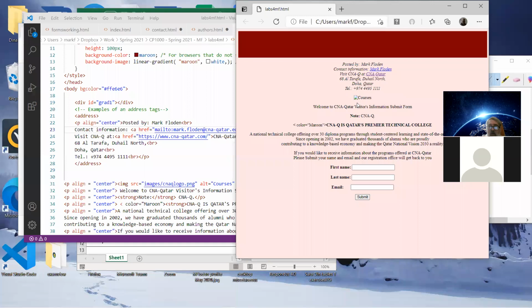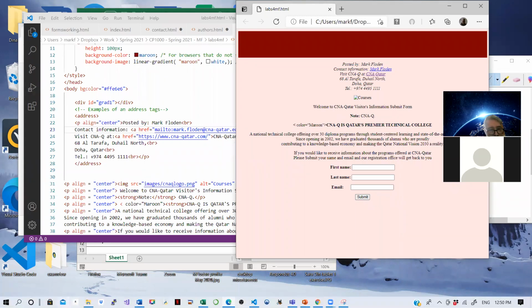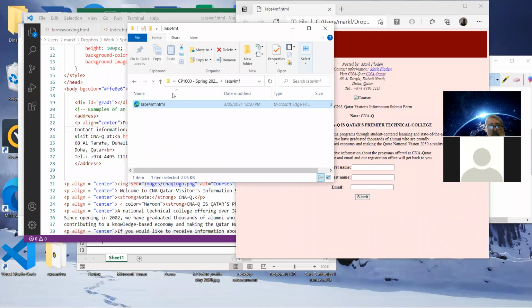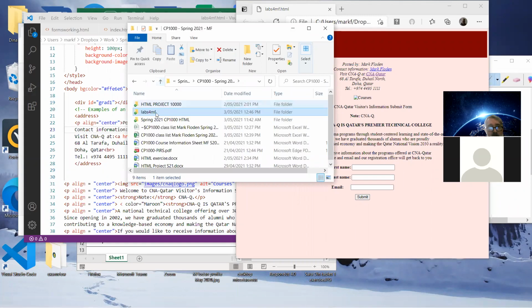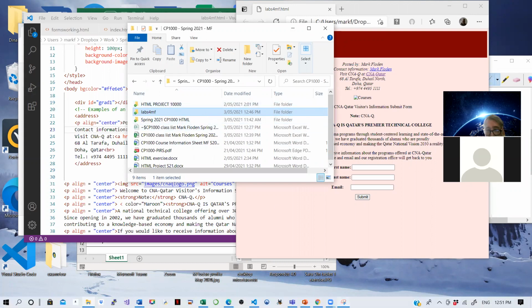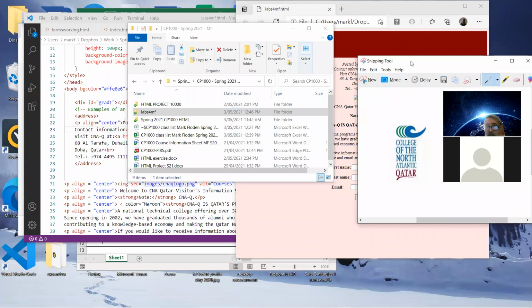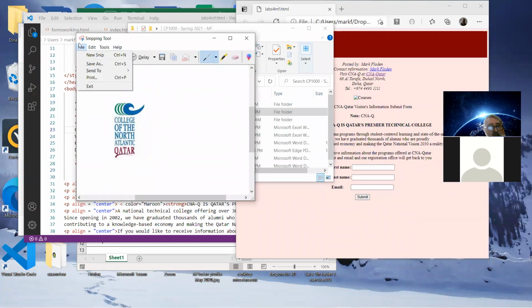Now we need to put that image in there, if we can remember where that image is. So that requires us to look at the folder again. Now you should really actually have an images folder. Where did I put that image? Do you remember? Well, it doesn't matter because I've still got it here, right? I can save it again. File, save as,